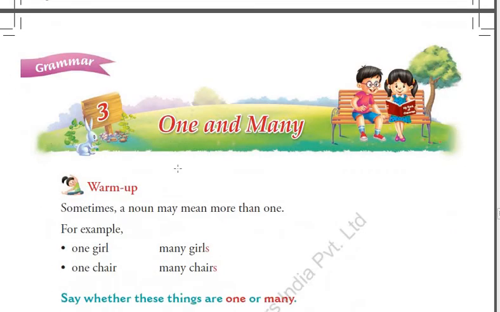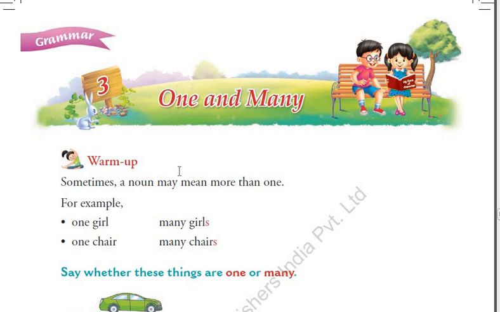And then you all know we ended up with chapter number 3, one and many, which is singular and plural. So I hope students you have watched this video carefully, where I have solved chapter 3 all over, and then all over we started with exercise 1 and 2, the glimpse we saw, which is an overview. And now I hope you enjoyed today's lecture, and I hope that you are going to solve the exercises for which I have already given you the PDF file in your WhatsApp groups.